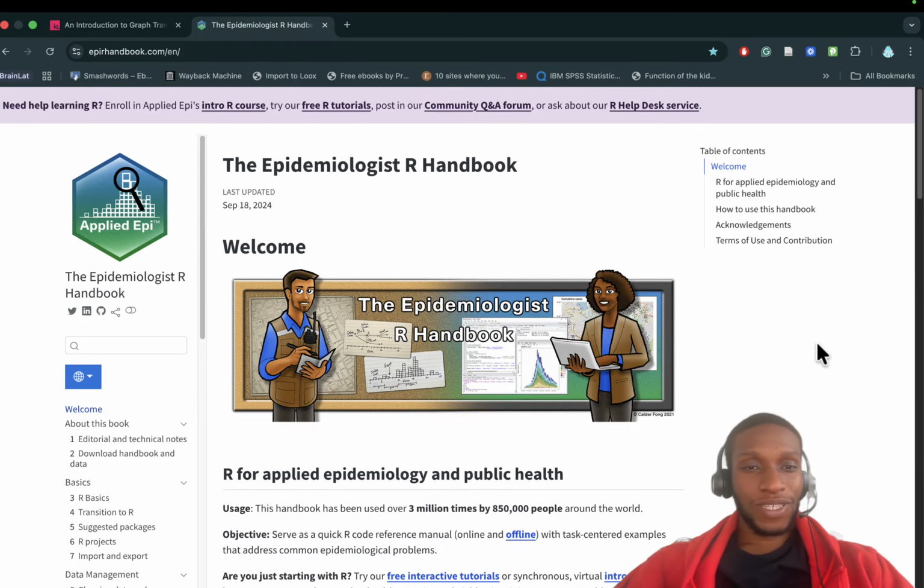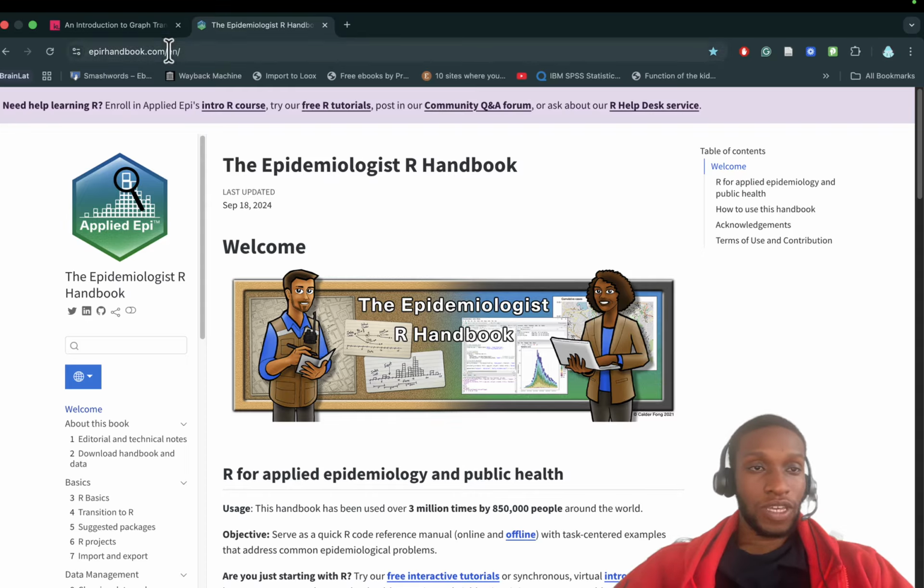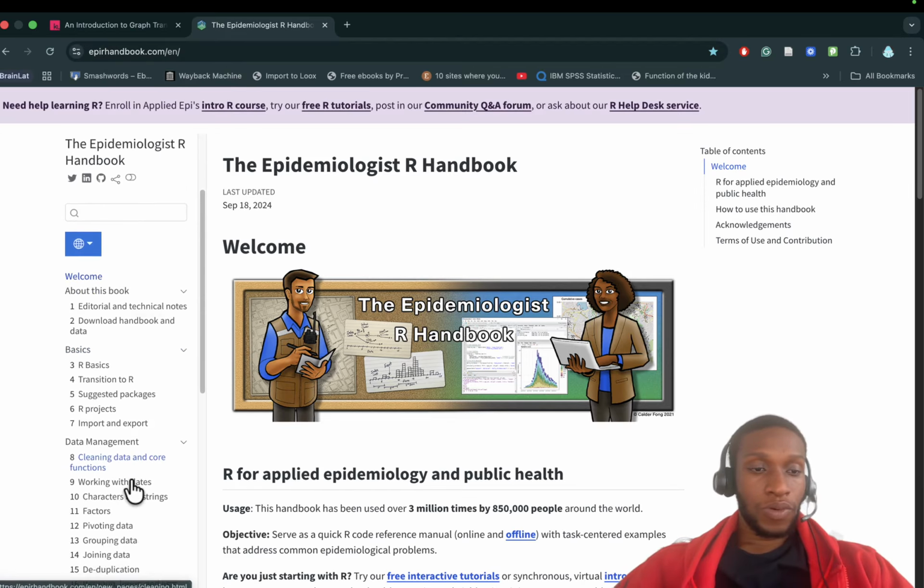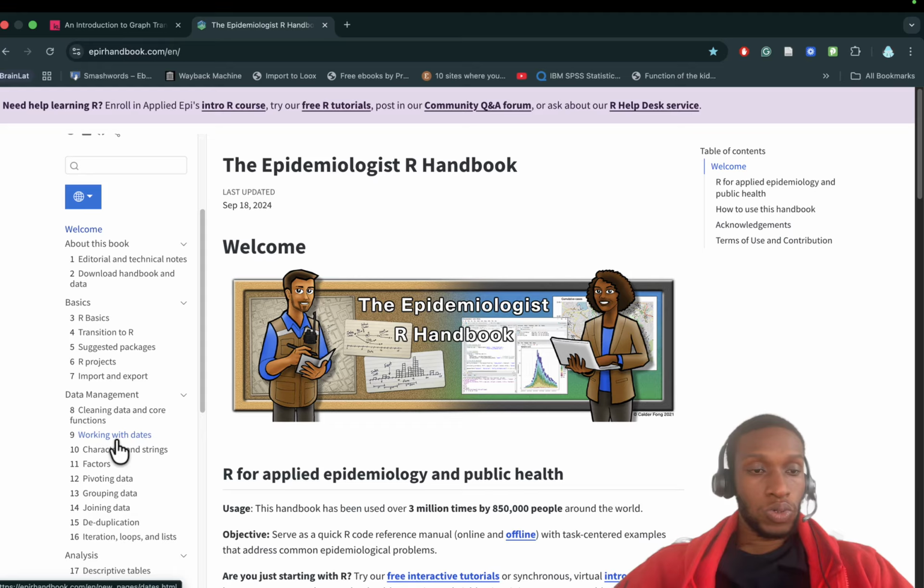Our first stop is the Epidemiologist R Handbook. The Epidemiologist R Handbook is a very good resource, especially when you are starting out with R. So I have it over here, and we'll go straight to